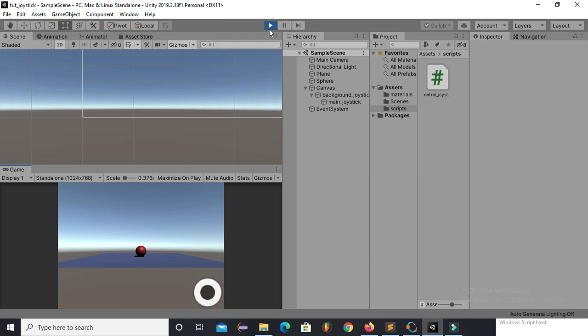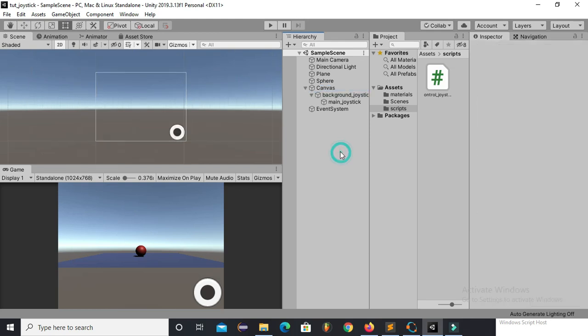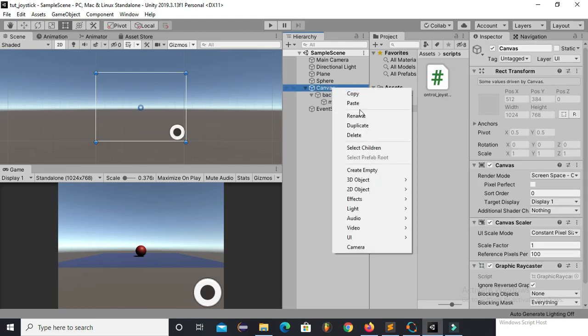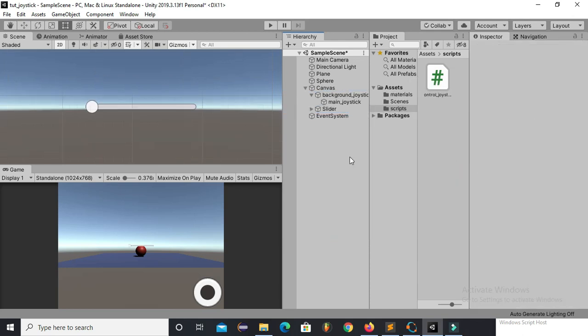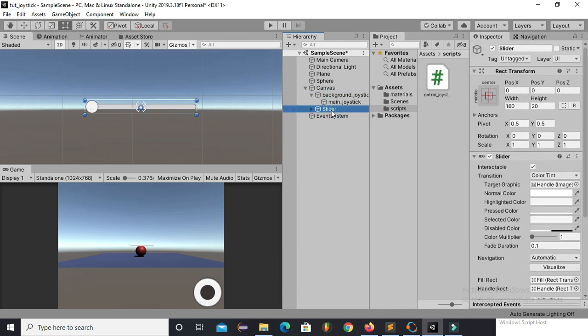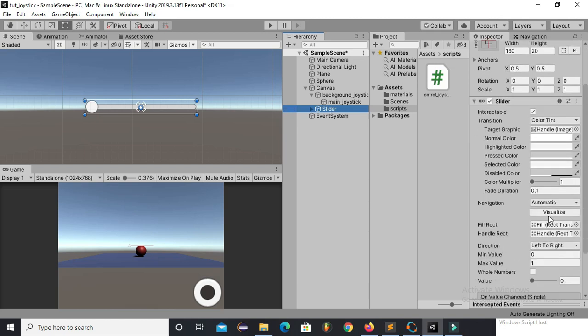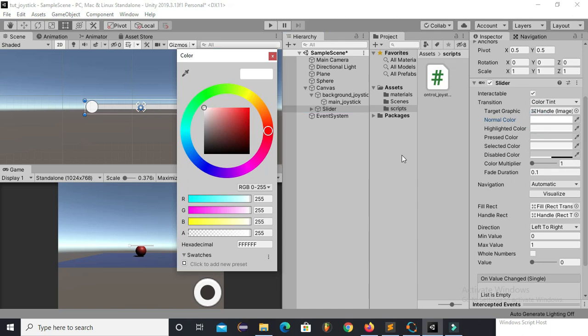Now stop this. Now I want to place a slider which will help us control this ball. For that I will go to the UI component and select slider. We have imported our slider from the UI components, and now go to the slider settings and we can change its color. I want to use this color.